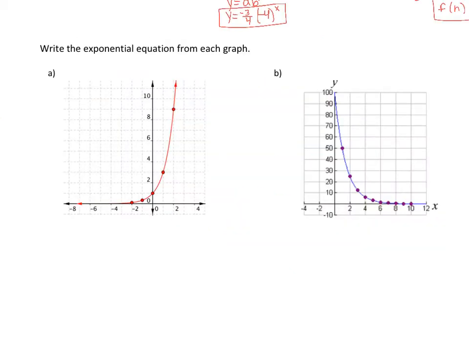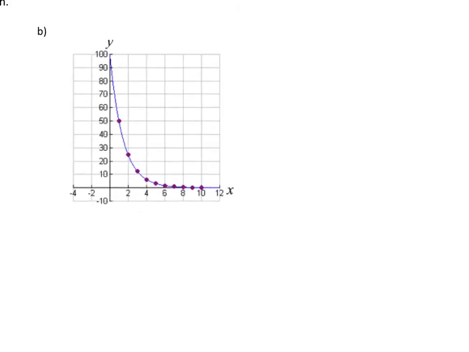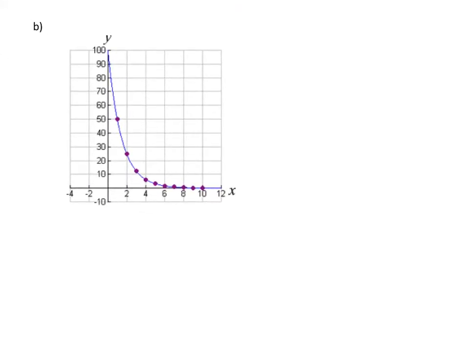Write the exponential equation from each graph. I will do letter B with you because I think it's a little bit more difficult to pick out the points, and then you can do A on your own. Letter B. Well, in order to write an equation from a graph, I'm simply just going to record the table. Okay, so our graph comes in from 0, 100,